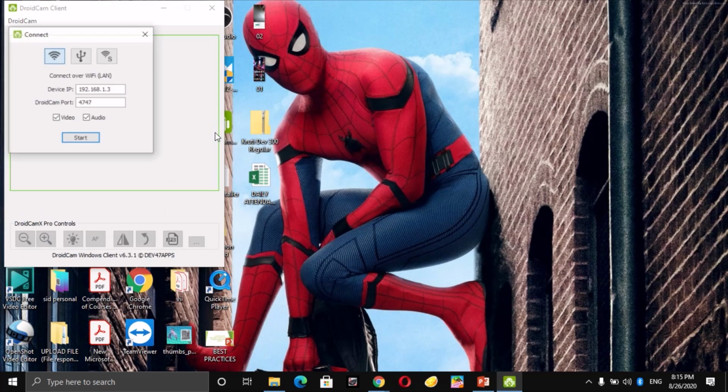Now it will show some options. The first option is for Wi-Fi. Go to USB, connect through USB. I will choose this option. Okay, then I have to click on the refresh button once.